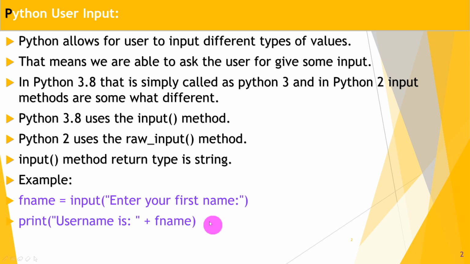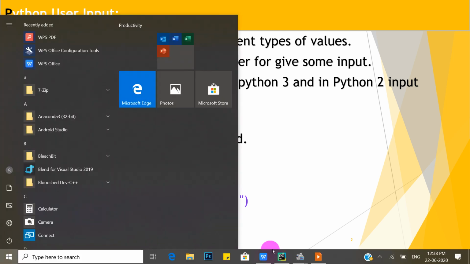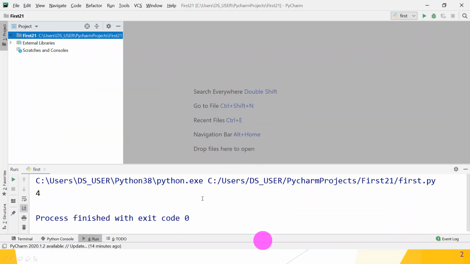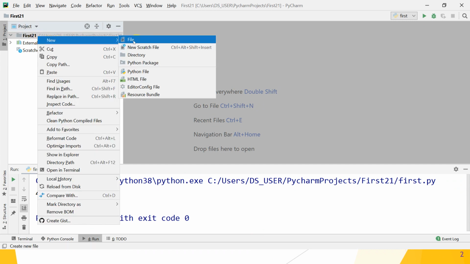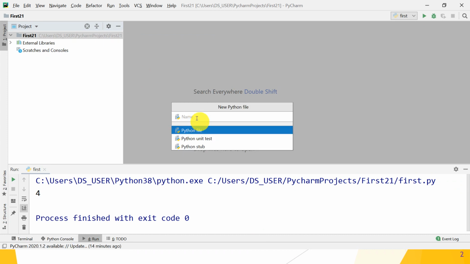So guys, let's check on our IDE. So this is your PyCharm IDE. Right click on your project and create a new Python file and give the name to this new Python file as input1.py. The .py extension is automatically added.